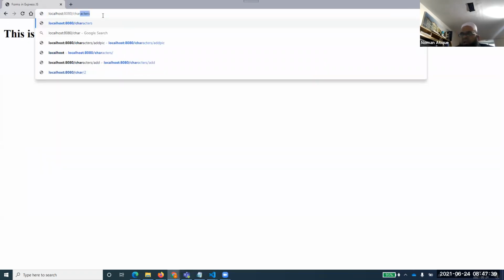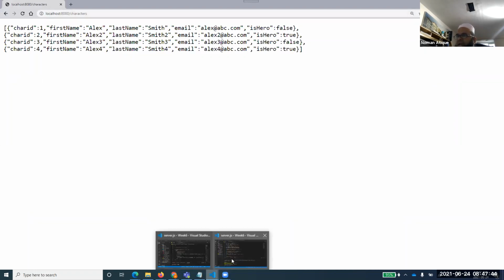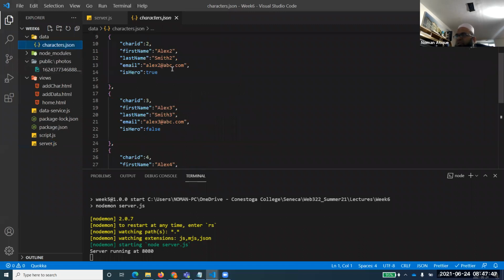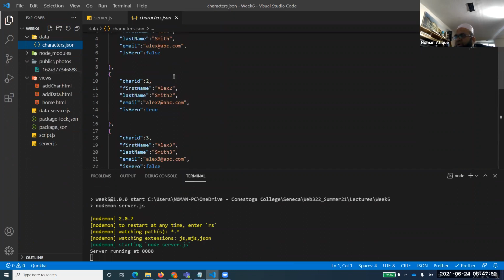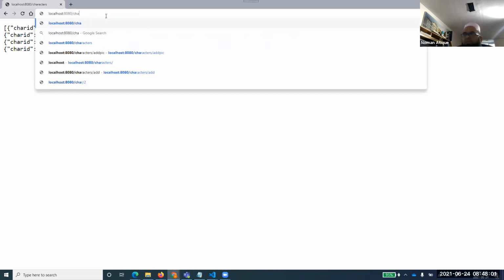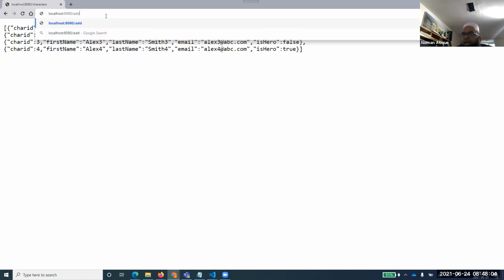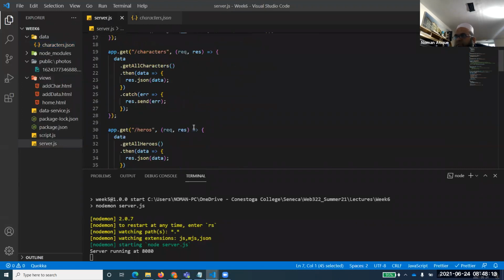When I'm accessing characters, you remember that I have some characters in my characters.json, and it's bringing up all those records from that file. Secondly, we talked about add data or whatever. It was the route that we created. We'll have to look at that route that we created for adding.